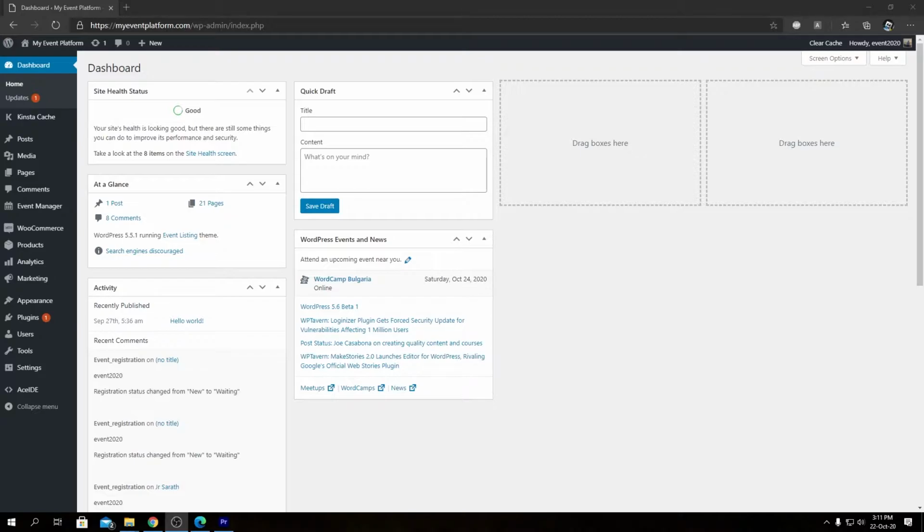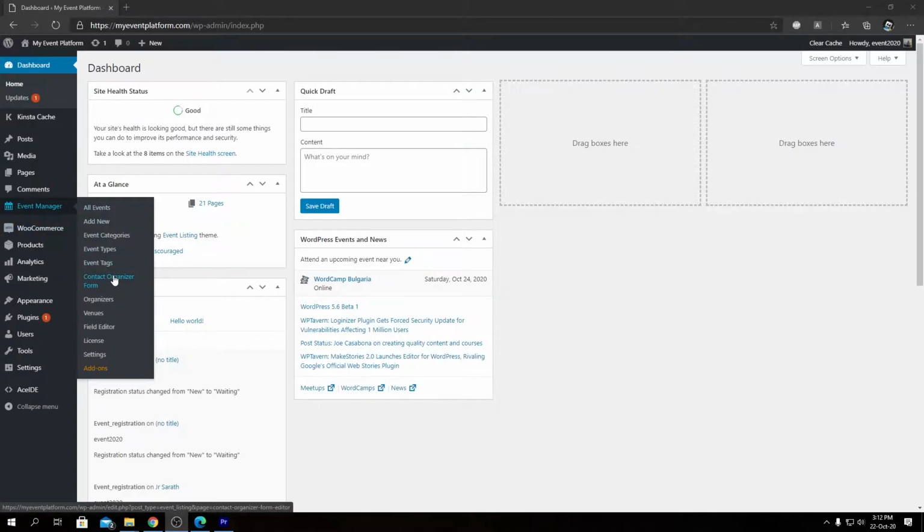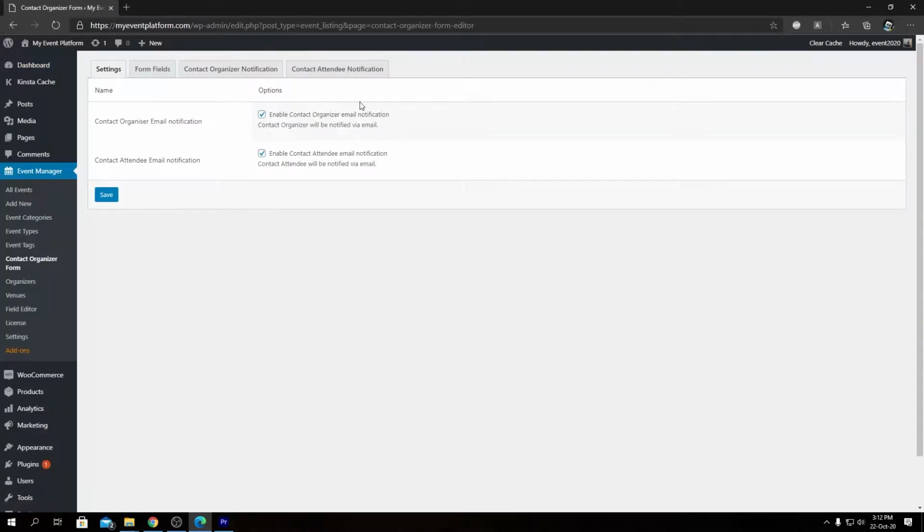In this series, we are talking about our contact organizer add-on. Previously, I showed you how to modify the email template for organizer notification. And today we're gonna look at the same topic, but for users. So we're gonna modify the user notification template and take a look at how it looks in the inbox. So for that, as always, we need to go inside our contact organizer form and then we will switch